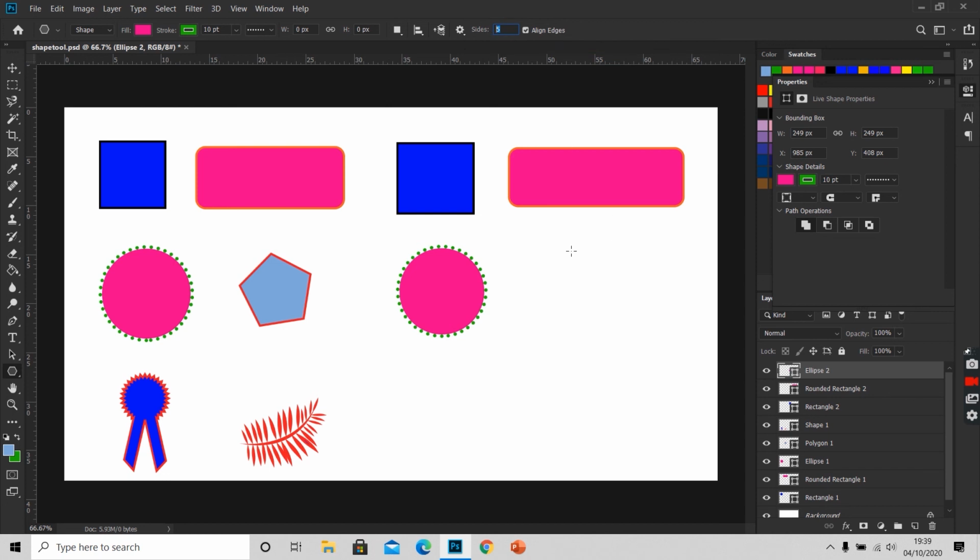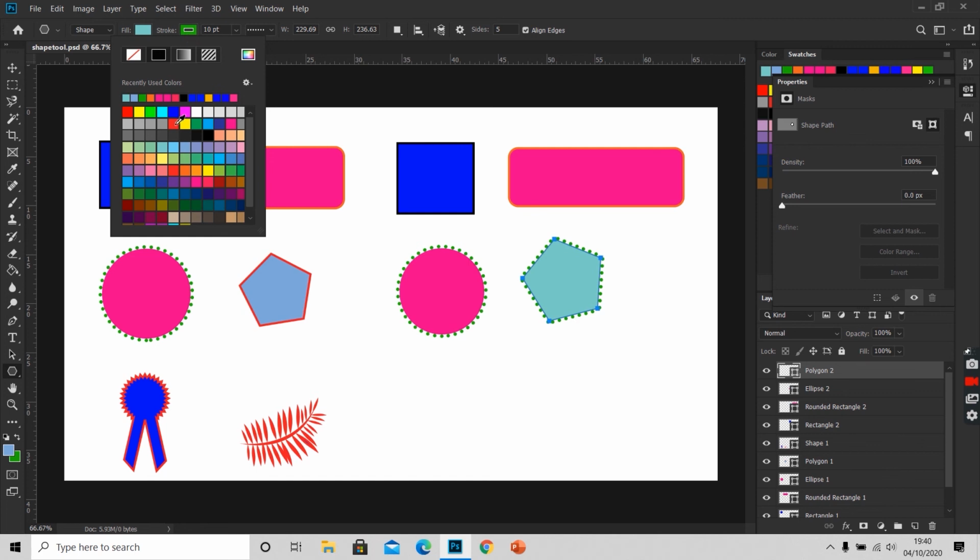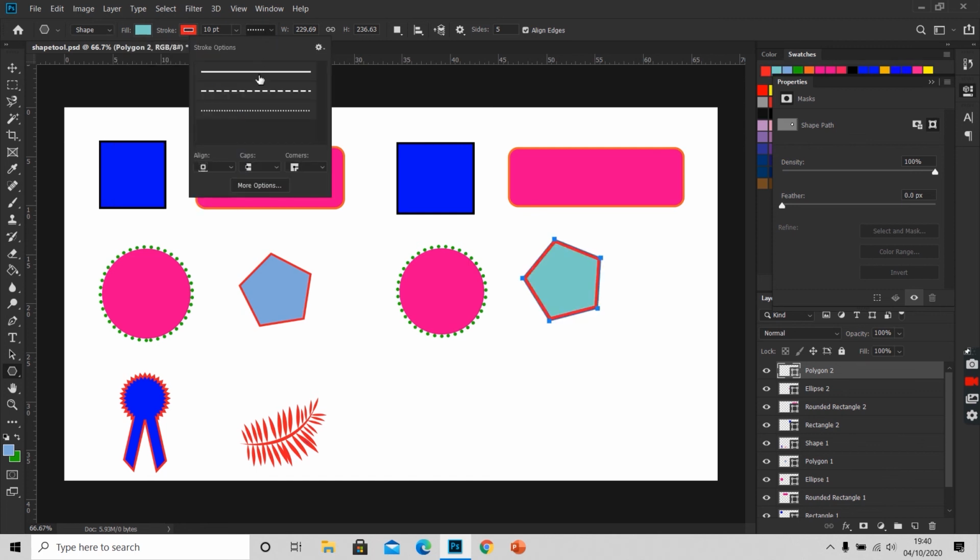And so I'll click and drag to make a polygon. You can select the color you want from here. I didn't want this simple line, and inside or outside or center, whatever you want, you can enter it here and press Enter.